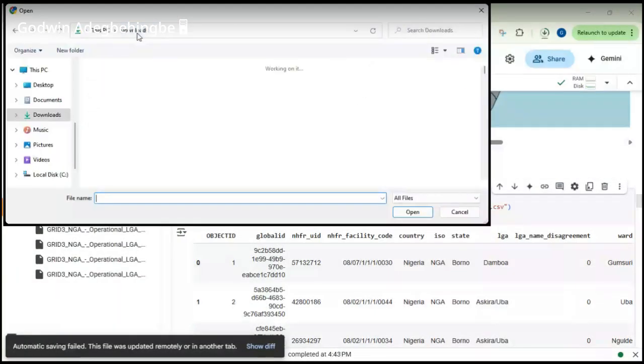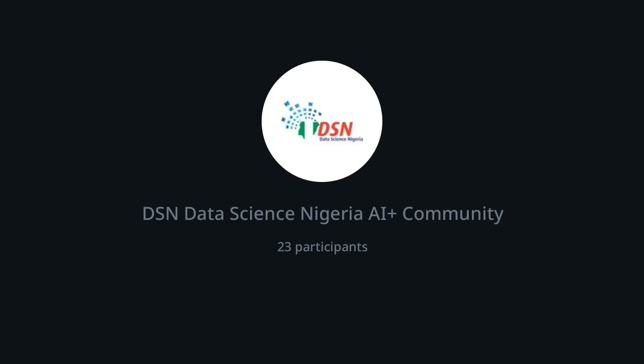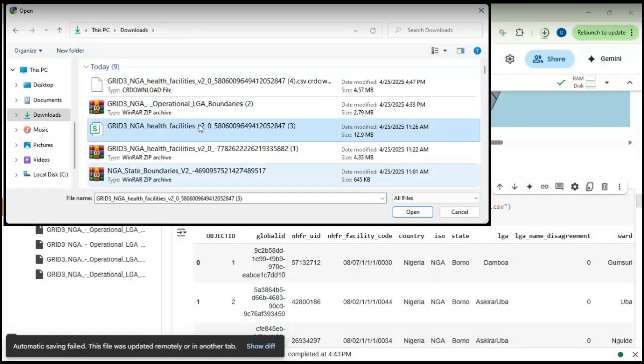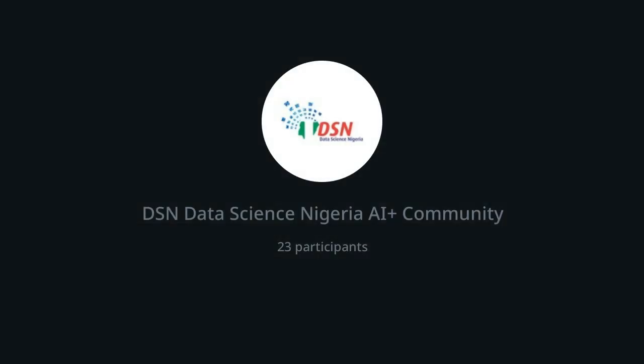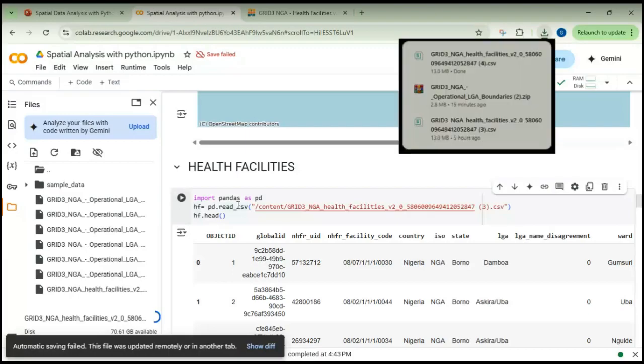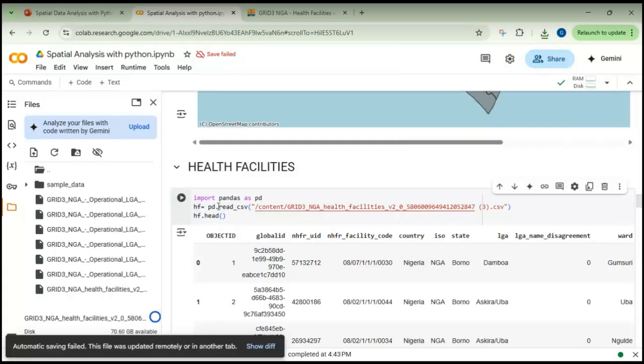And we work on it together. So let me put this. Let me get this. So remember that we downloaded a CSV file, not a shapefile. We didn't download a GeoJSON file. So the way we are going to interact with it is as just normal data. For example, import pandas as pd. So we're going to be using